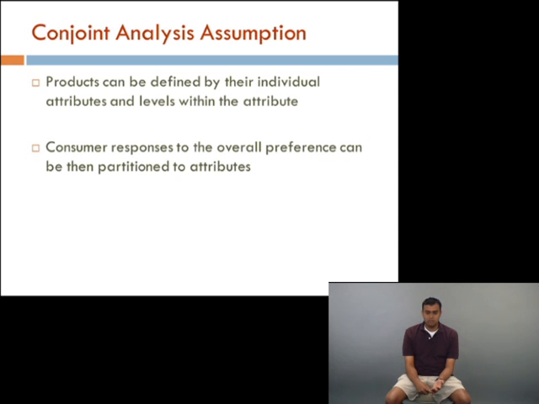Otherwise, if people say they like the product to some degree, there's no way to find out what's driving the preference. Is it this attribute or the other attribute? If you don't predefine it, and don't assume these attributes contribute to preference for the product,